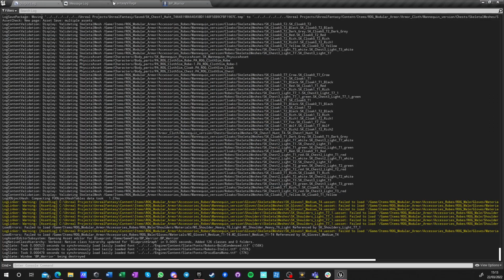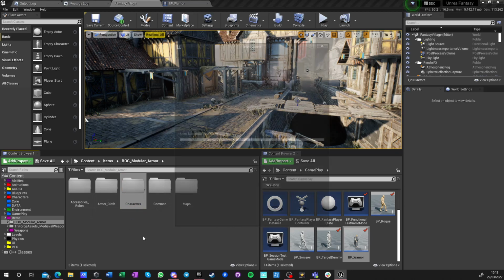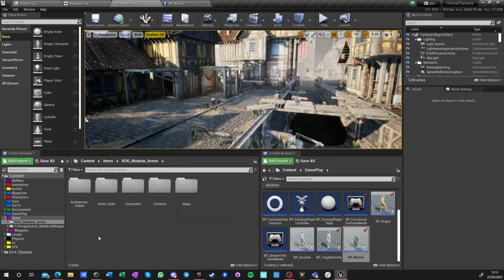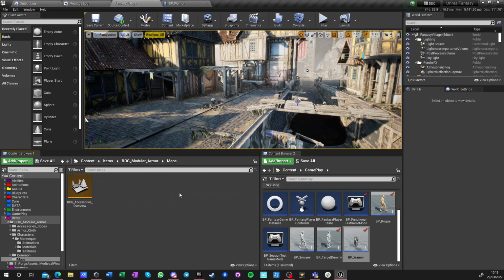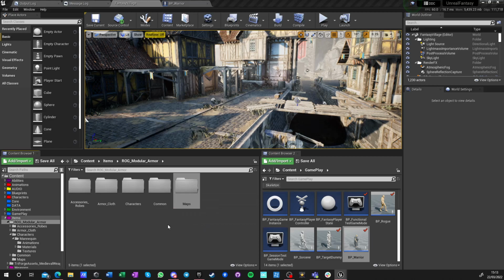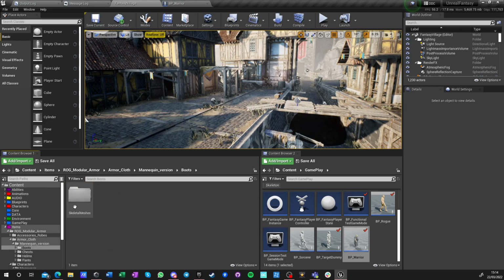And in our modular here, all this should be free now. Wait, what? Okay, leave this. Common must be here. Maps is absolutely irrelevant. So we got also armor cloth, mannequin version, and there's actual, like,